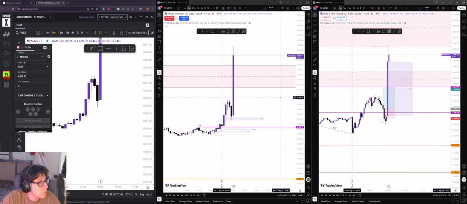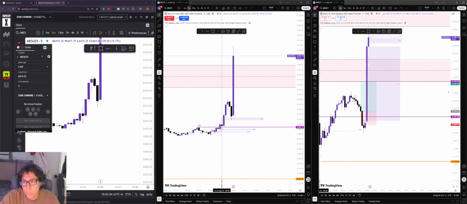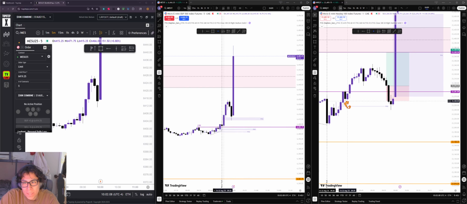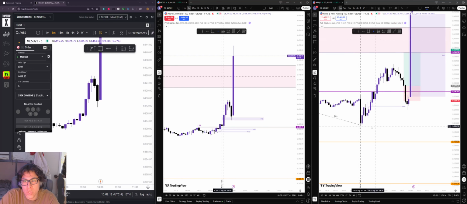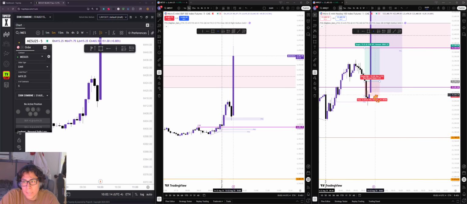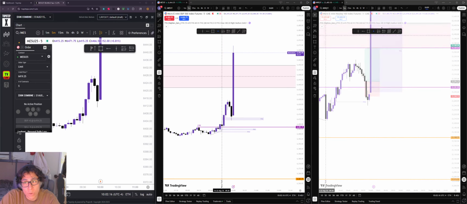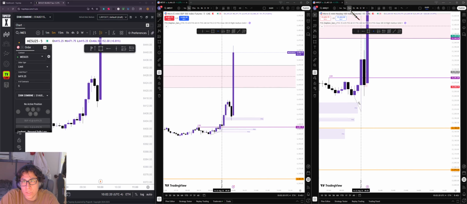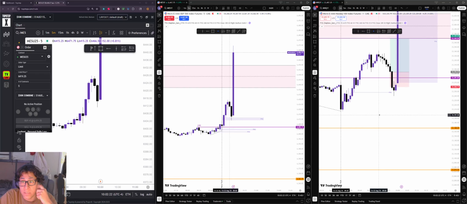I think that's just a matter of me bettering my execution and where I choose to put my stop losses, where I choose to aim for. Now that I think about it, though, realistically, this wasn't a good stop. This would have been a proper swing low. So if I wanted to enter properly, honestly, the setup here wasn't as good as it was in MES.